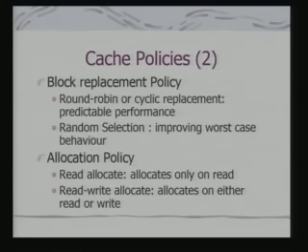Now, obviously, this round robin or cyclic replacement gives you a predictable performance because you exactly know the sequence in which the blocks are to be replaced. But it can also have very bad worst case performance. Why? Because if you have n blocks and these n blocks are being accessed, and it is arranged in such a way that the next block that you will access becomes the next block according to the round robin policy to be replaced, then you will actually be thrashing.